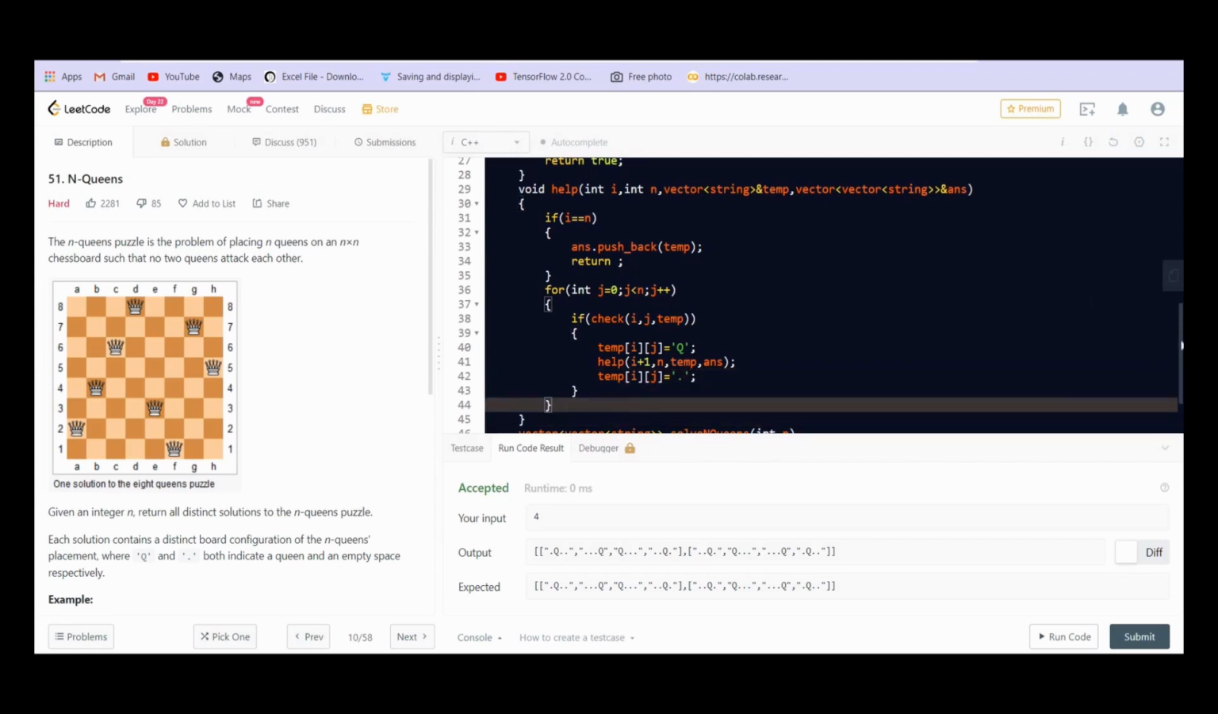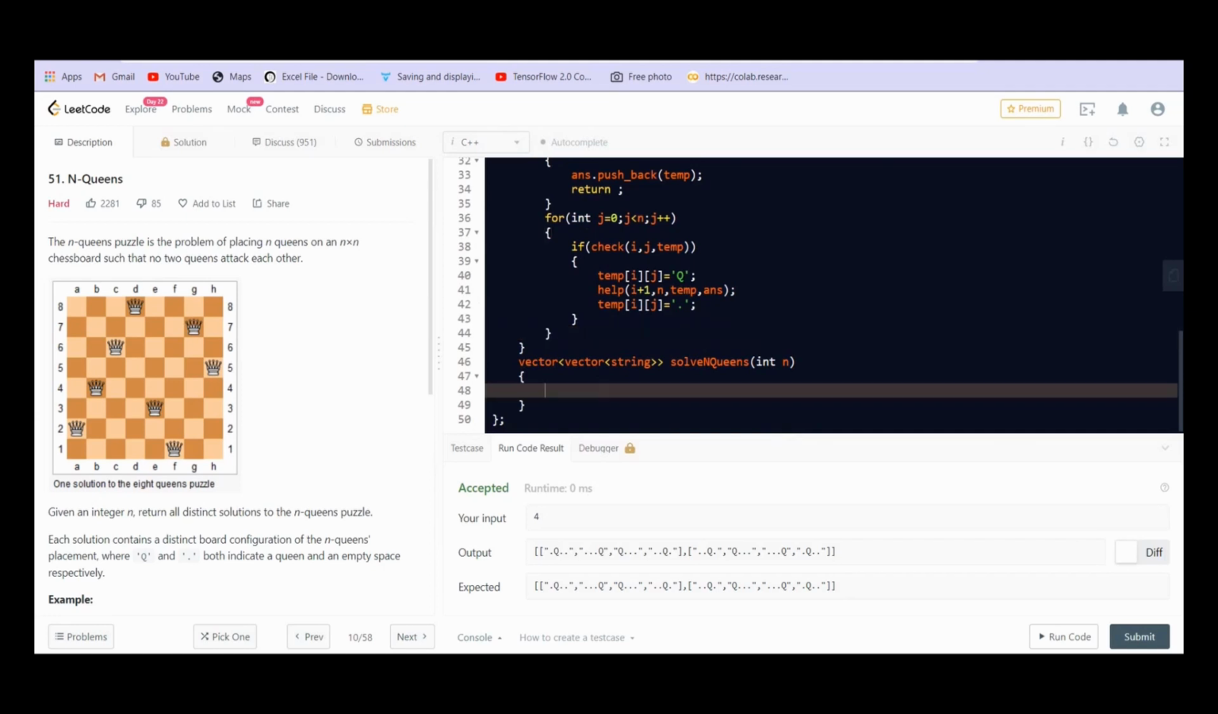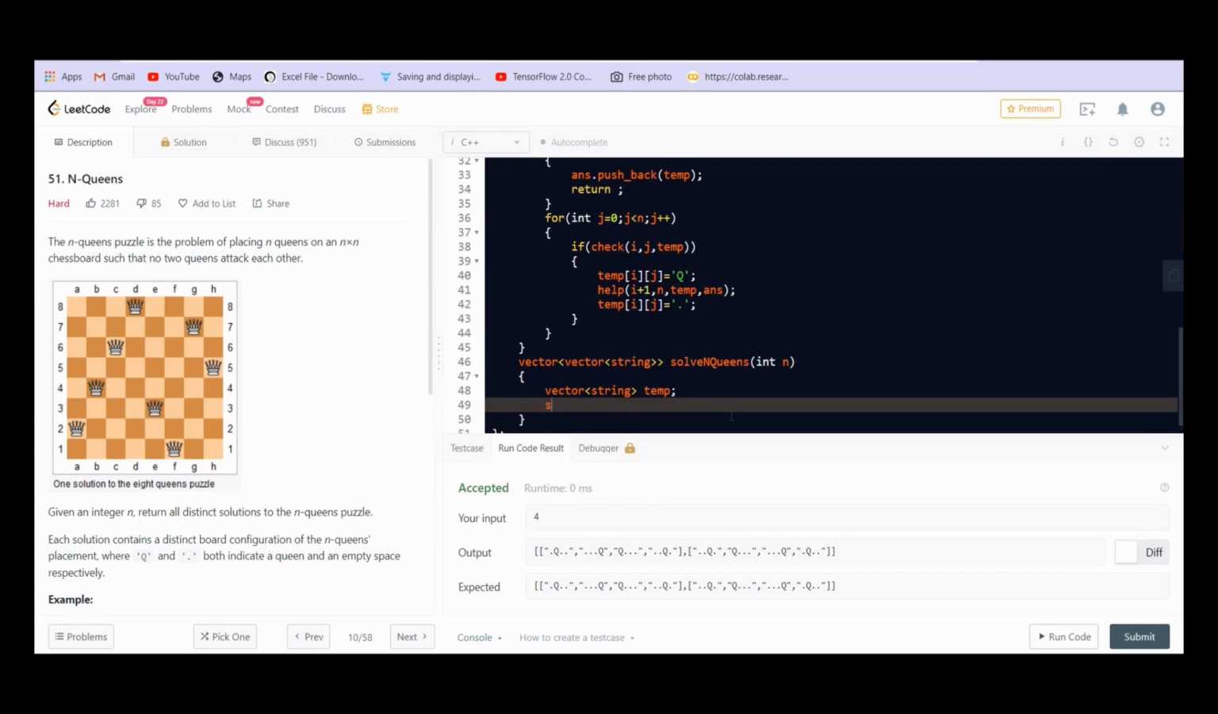So I think this is enough. Now we will be creating this temp. So for that we will create a vector of type string temp, and I will create a temporary string s, initialize it with dots because the string is empty,